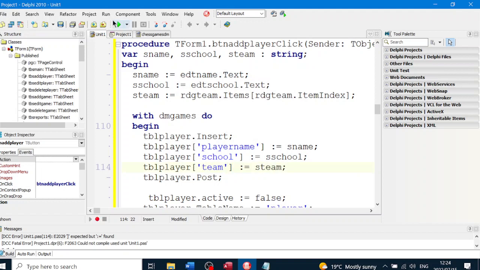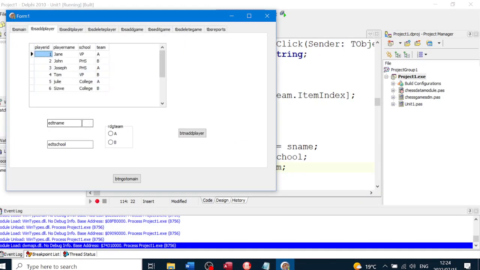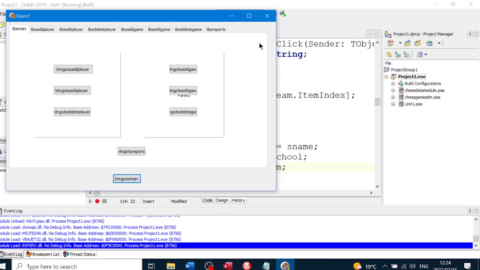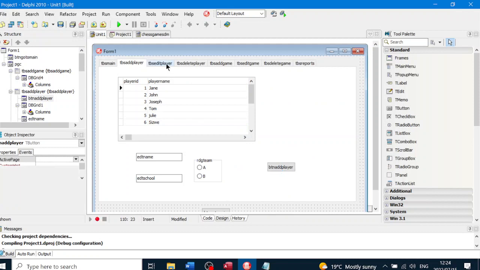Let's see what syntax errors I have here now. Let's go to add a player. I'm just going to use the default btn add player, and as you can see, I didn't type anything, but it's all refreshed and everything's perfect. Right, that's adding a player in. Done. Then we go to edit player,